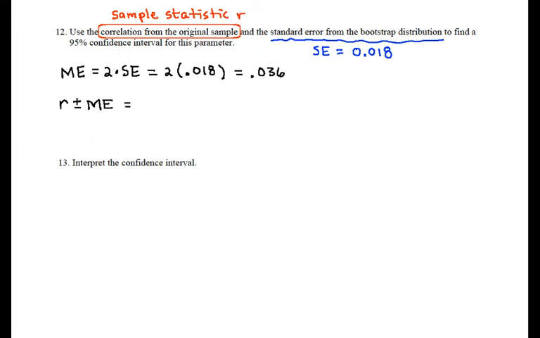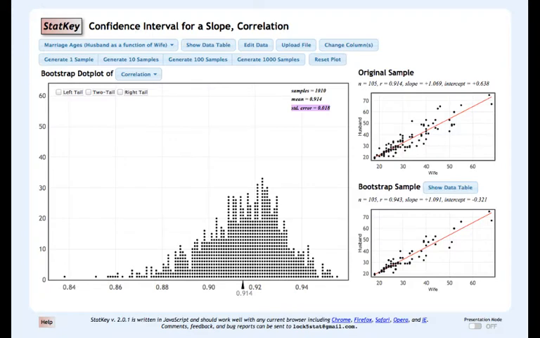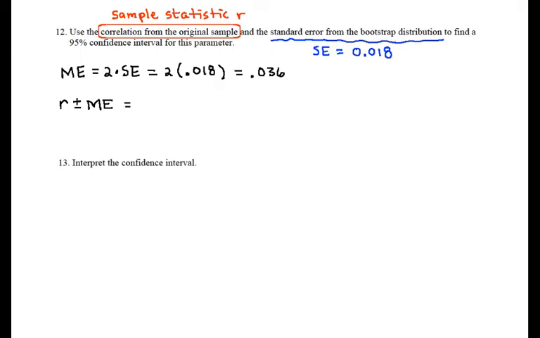My sample statistic, if you recall, was 0.914, but let's just look at that again real quick and see where we find that. I'm taking this from the original sample. I am not taking it as the mean of the Bootstrap distribution. Even though in this case they are exactly the same, sometimes they're not exactly the same. It depends on how many samples you generated and how lucky you got with your random generation. But technically we should be centering our confidence interval on our sample statistic always. So I'm going to take that 0.914